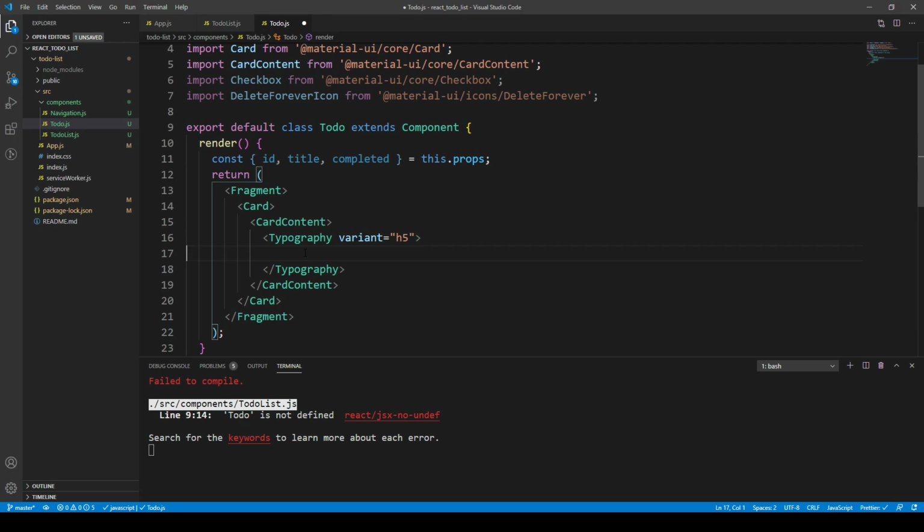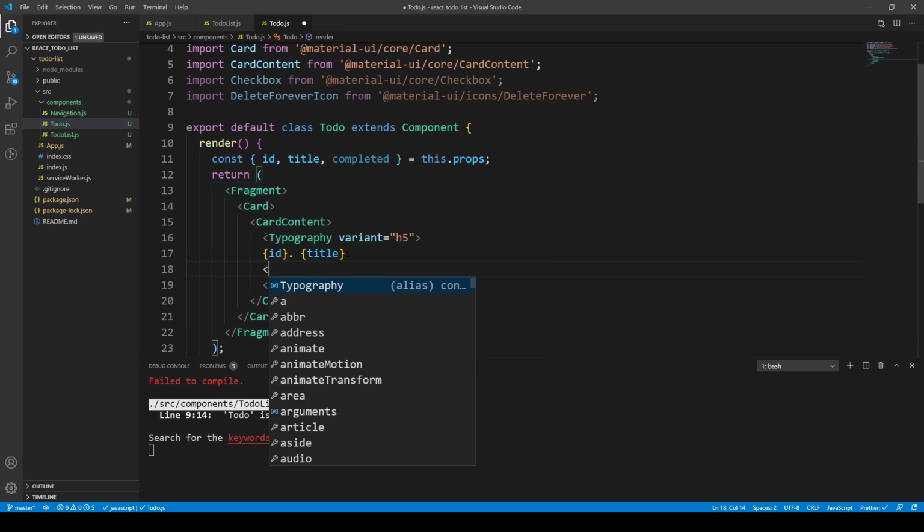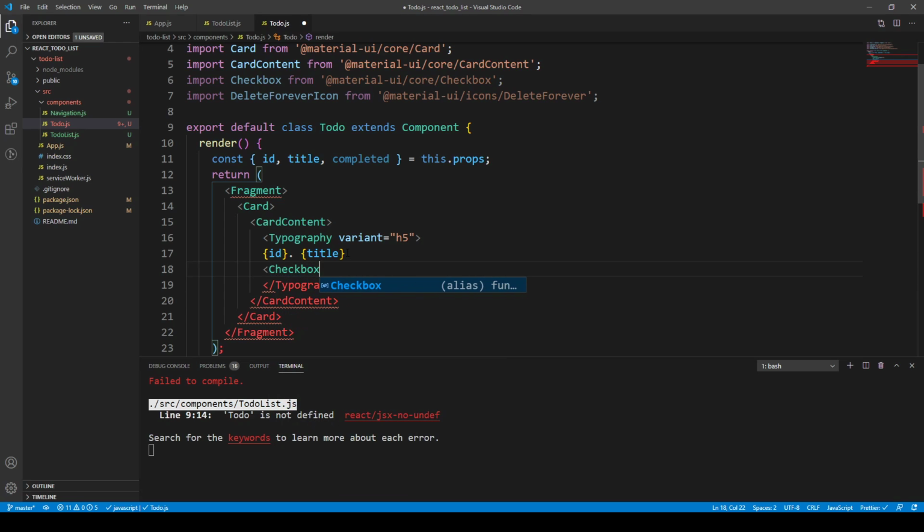But then in here, this is where we're going to have the ID dot title, and within this component we'll have a nested checkbox, and this should actually be a self-closing tag in this case, although it doesn't really matter. And then after the typography, this is where we'll have the delete forever icon,